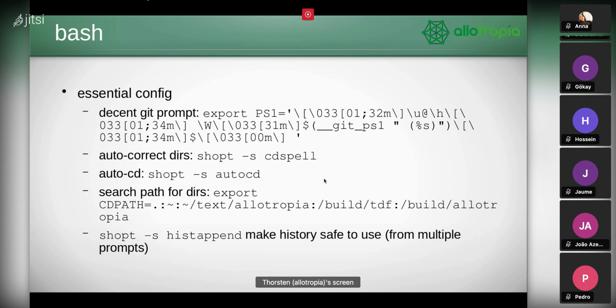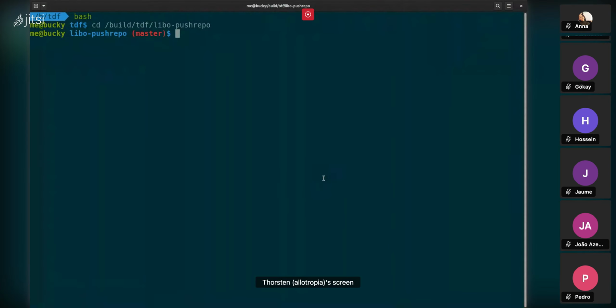The other thing which I found clearly useful, because as I'm growing older, sometimes I misspell my directory names. So if you enable this shell option cd spell, you can mistype one or two characters and it would still find the directory. The other one that's kind of nice and productive is auto cd, which means you just type the directory name. And it would then,